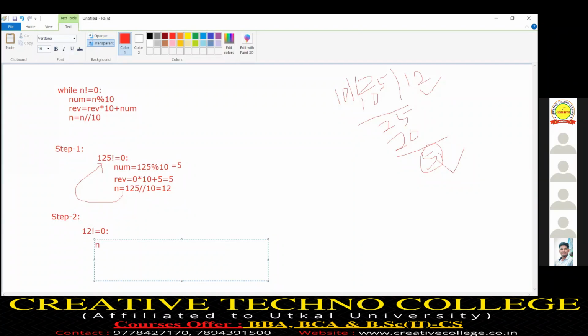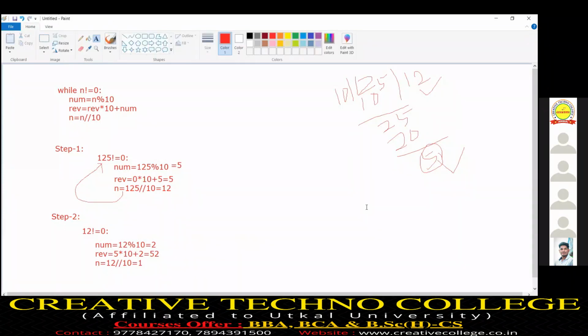Okay, so now again the body will execute: num equals 12 modulo 10, that is 2. The remainder is 2. Reverse equals reverse into 10, the latest reverse is 5. 5 into 10 plus the num value that I got, 2, equals 52. Then n equals 12 by 10, which is 1. So this is my second iteration. In my second iteration, when the value of n is 12, 12 is not equals to 0, the condition is true, again the body executed, so I got num equals 2, reverse equals